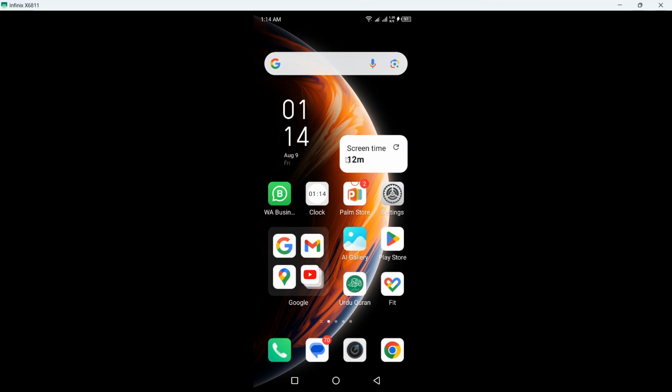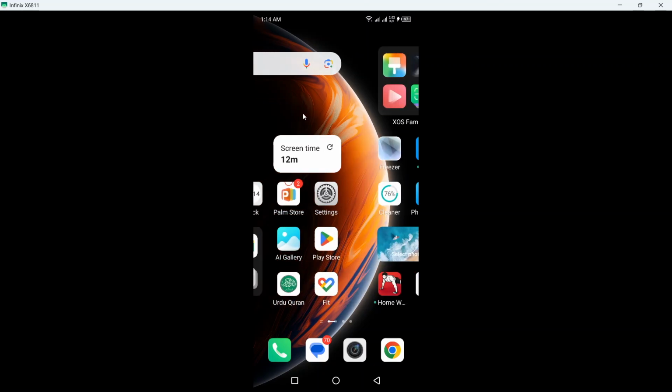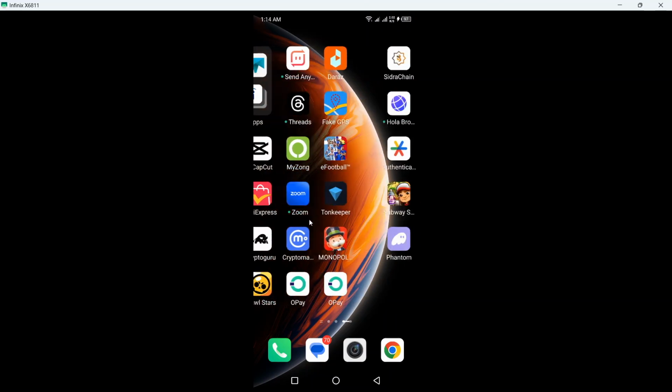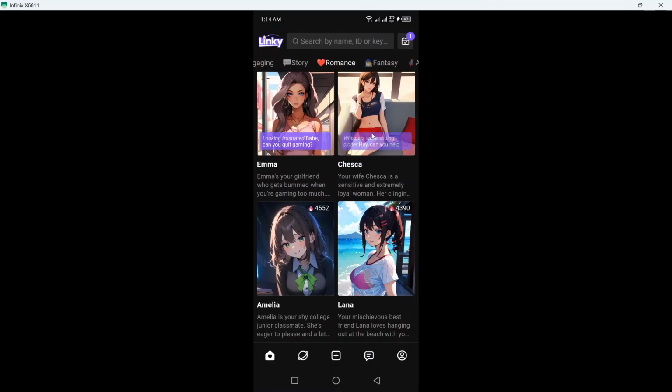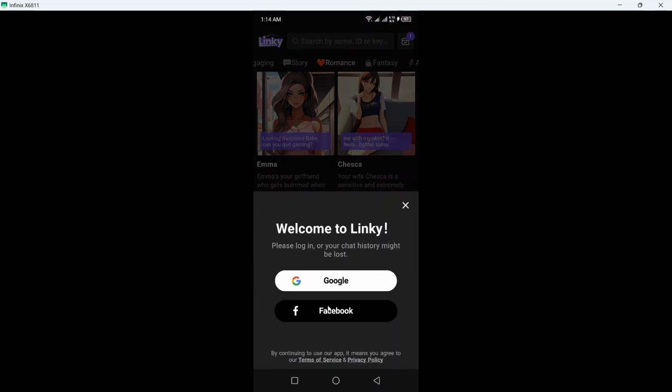Hi guys, in today's video I'm going to show you how you can create a character in Linky AI. So the first step you need to do is to open Linky AI. So once you open, you simply need to click on the plus in the bottom, and here you can see